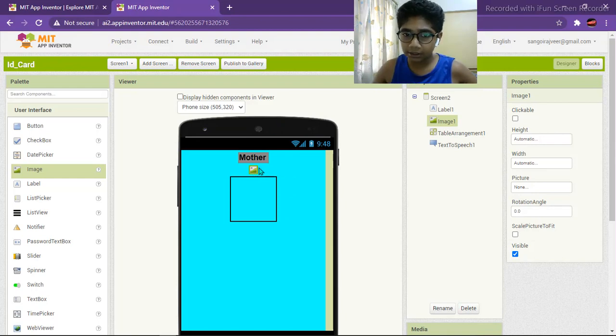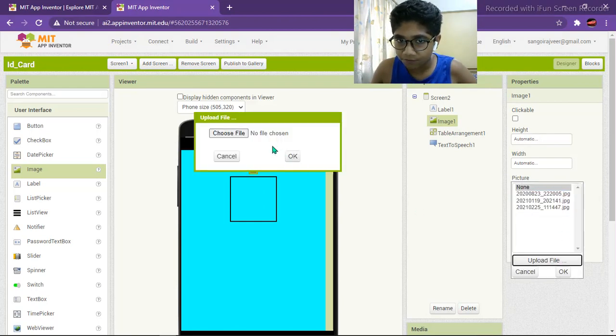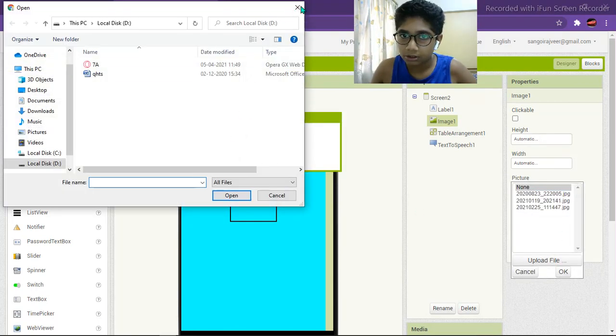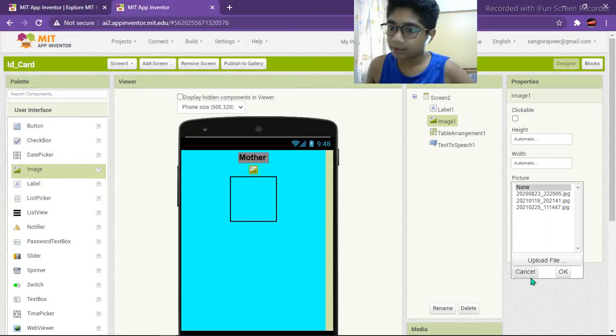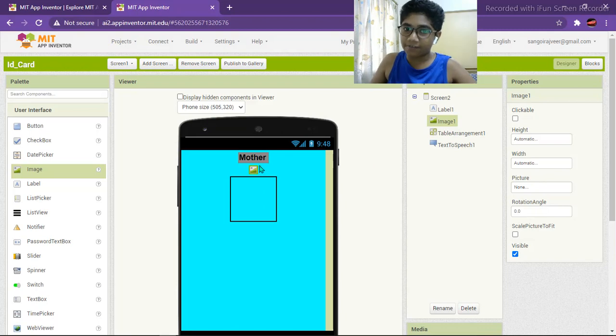For that you need to download an image of your mother to your computer and select it from here. So click on this picture, upload file and choose file. You need to choose any file which is downloaded, but now I don't have any file, so I'm keeping it empty.